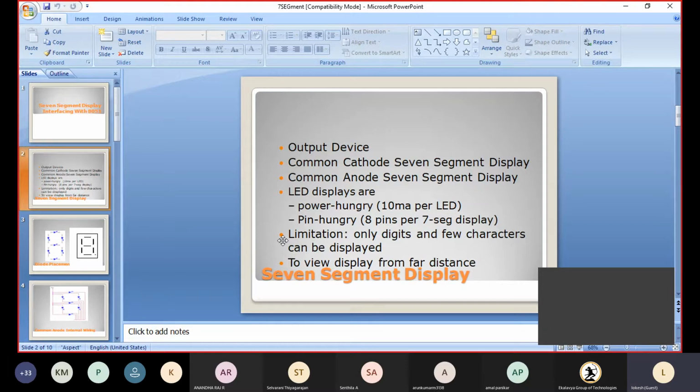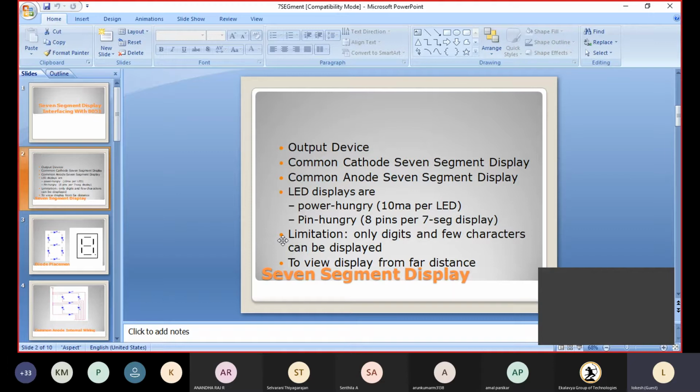Next, each 7-segment display uses 8 pins. The limitation of this is that we can show only a few characters. We cannot display all characters. For example, we cannot display a Z exactly, or a 2 exactly, as it is written.